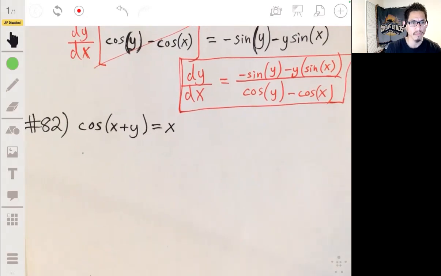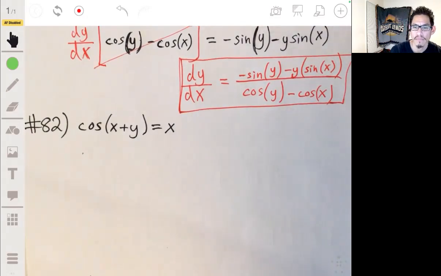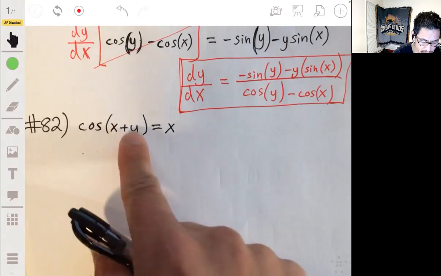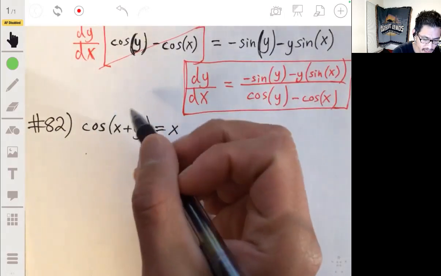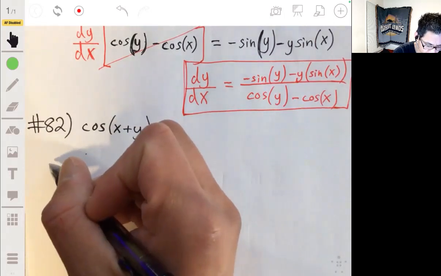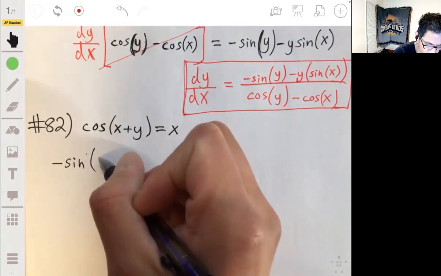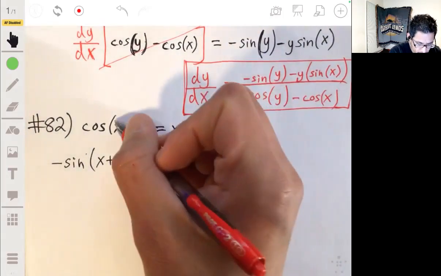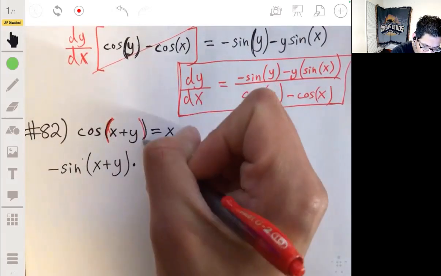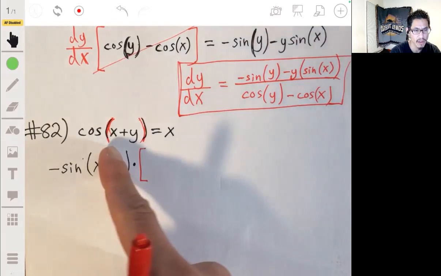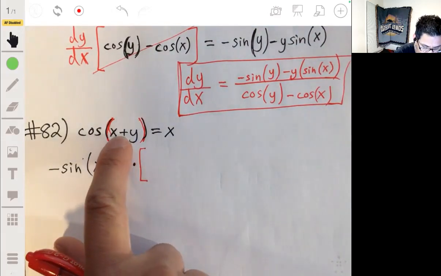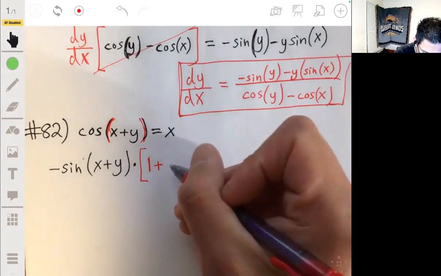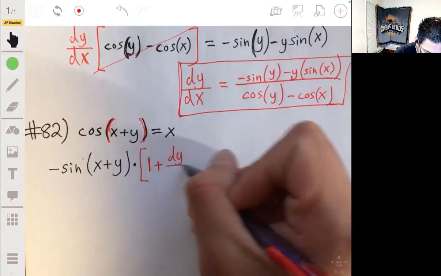All right, just one more. Okay, this last trig one, we're going to use basically chain rule. So the derivative of the outside first, which would be the negative sine of x plus y times, let me put that in red, the derivative of the inside, which will be the derivative of x, which is 1, plus the derivative of y, which will be 1 dy dx, or just dy dx,